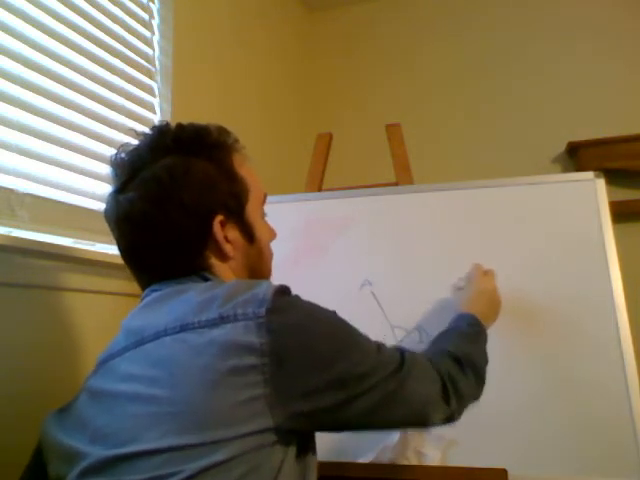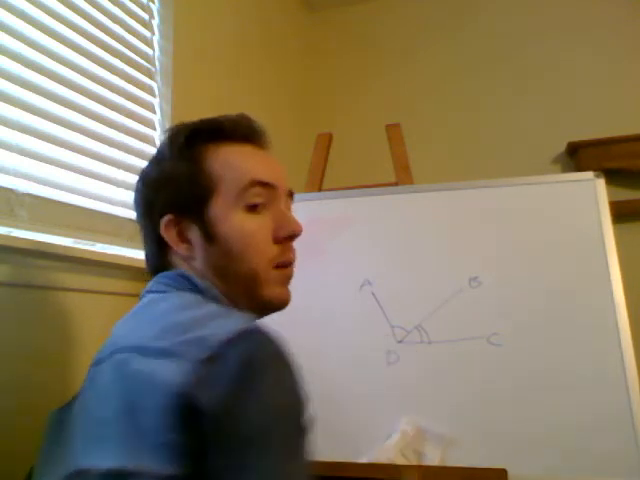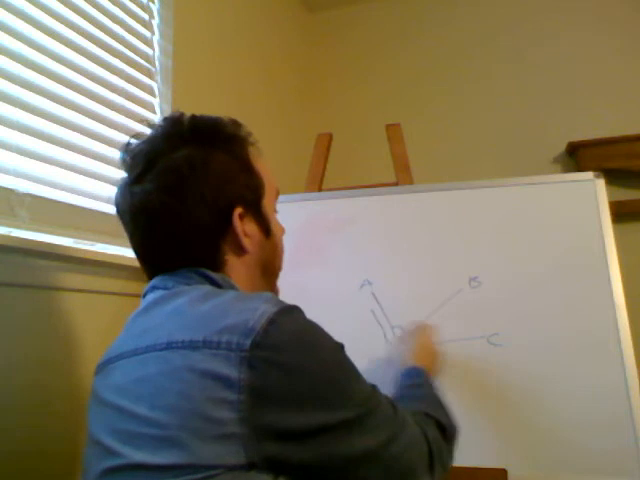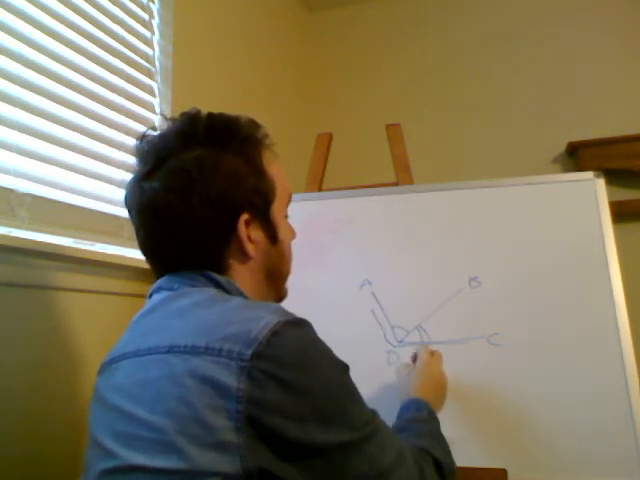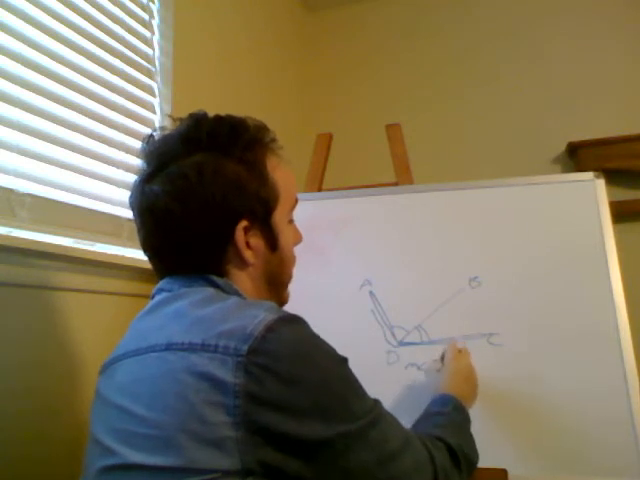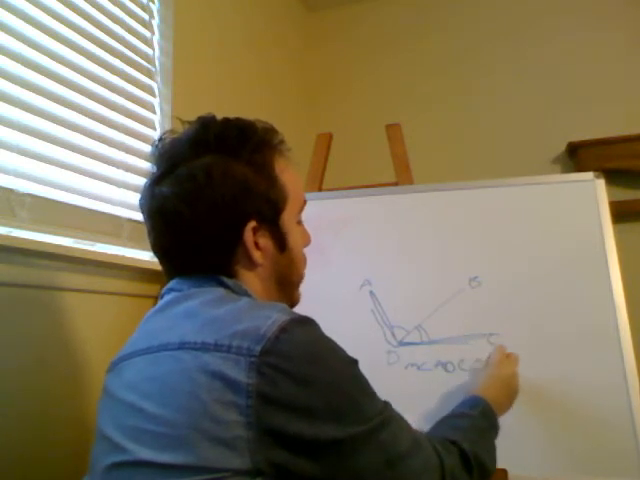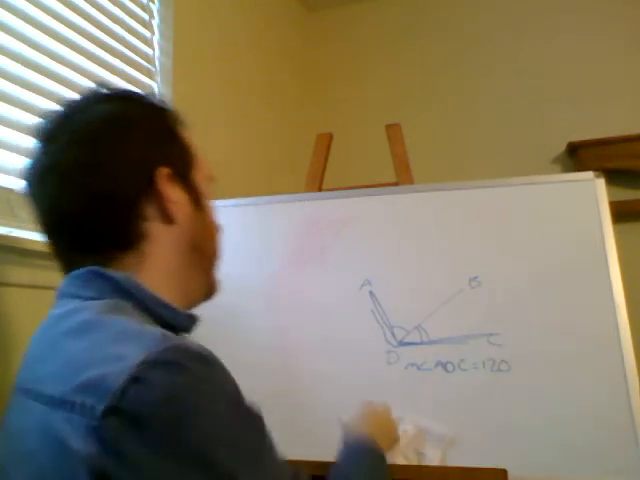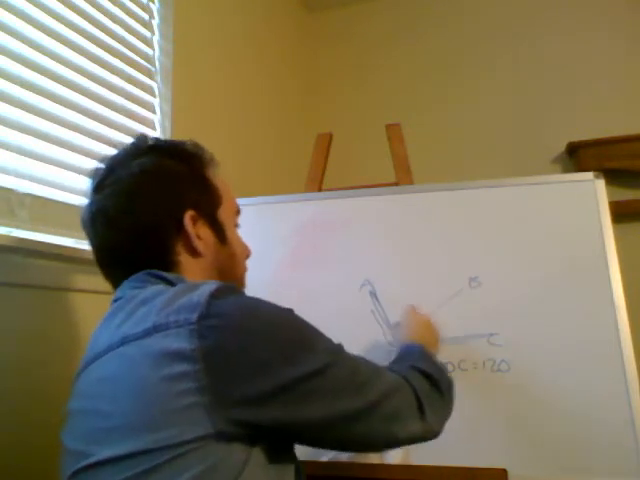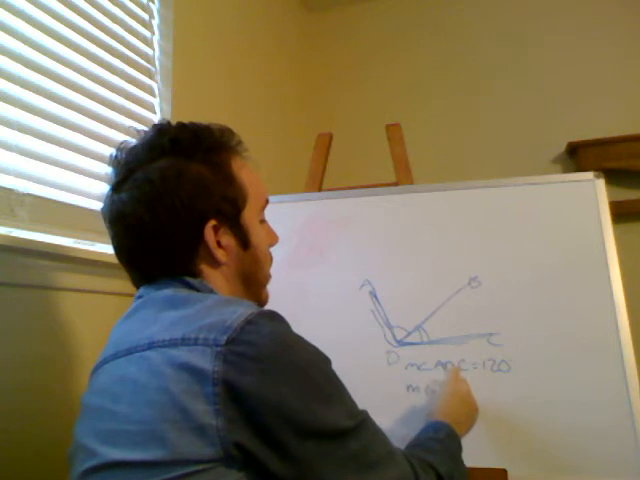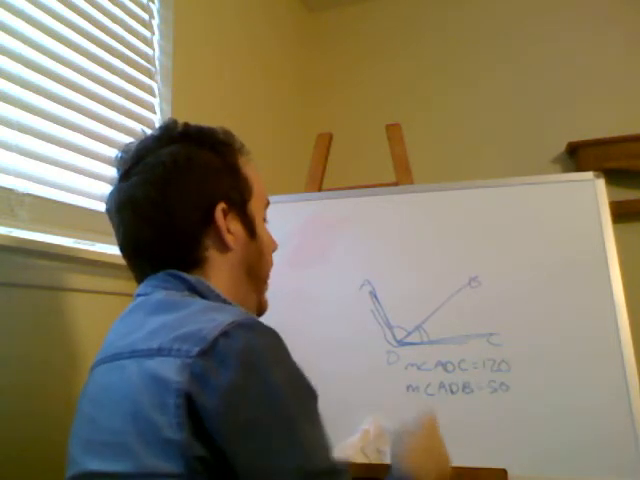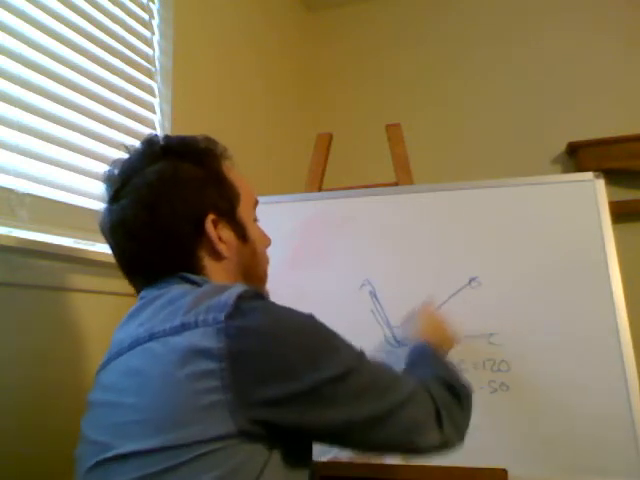A, B, C, D. Okay? And we know that this big angle, the measure of angle ADC, is 120 degrees. That's given to us. And the measure of angle ADB is 50 degrees. And the measure of angle BDC